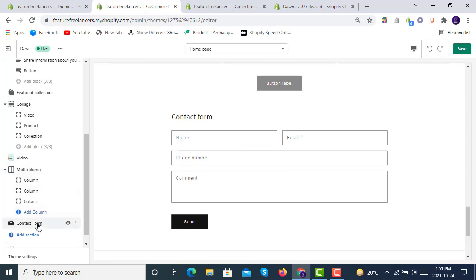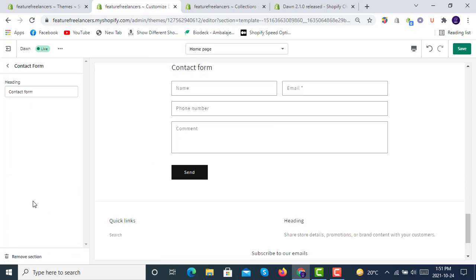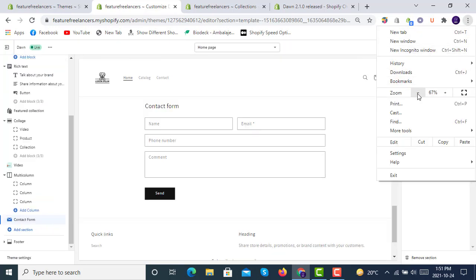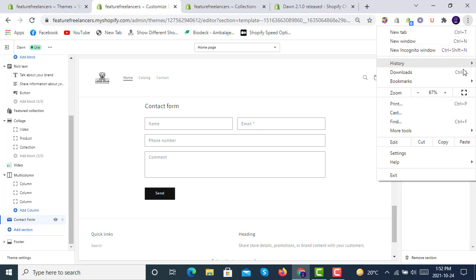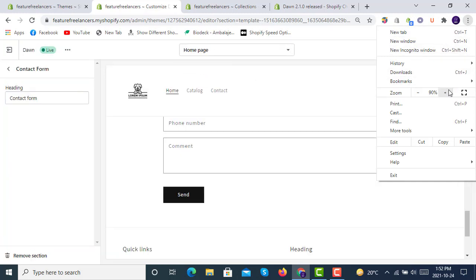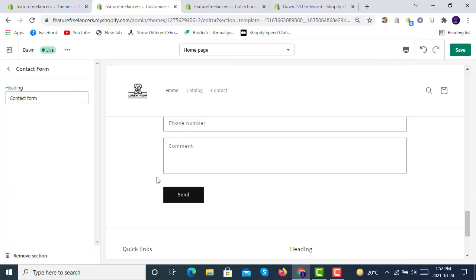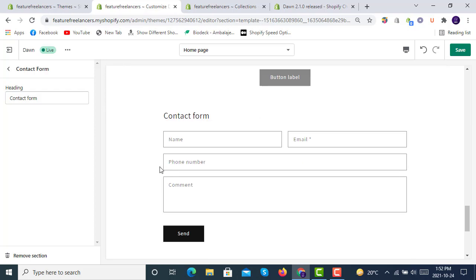In the contact form you can select what options. You can change the name. There are no other settings available in the contact form other than showing this contact form like this, but you can change these things in the templates. We will talk further on this in Shopify, how to edit contact form in Shopify Dawn OS 2.0